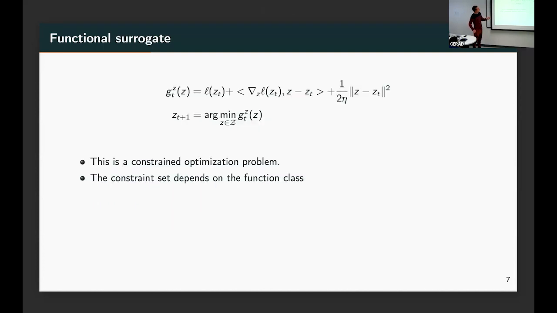So in fact, I actually have to solve a constrained minimization problem where I have to minimize the surrogate within the set of outputs that are in my function class. And that set in a deep net is incredibly nasty. It's not convex by any means. I don't even know what shape it has. It's just a terrible set. I don't even know how to project on that set. Any questions so far? Okay.